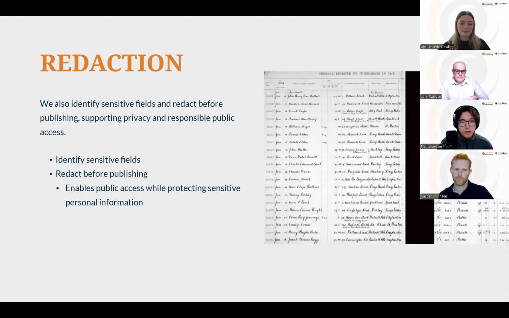So when we're doing that, maybe you'll have some information that is sensitive or that you don't want to be shown publicly. Maybe it doesn't comply with data protection regulations.